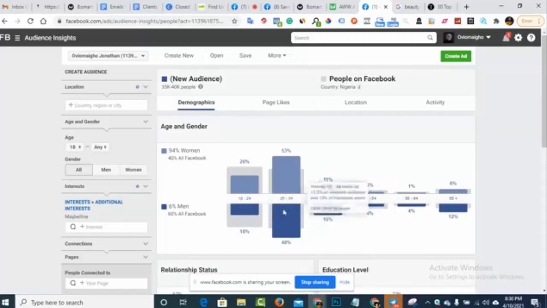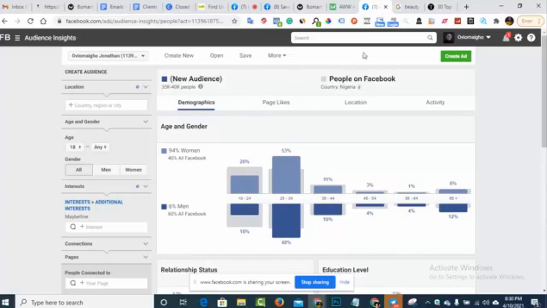And of course, another thing you want to look at when you find an interest like this is the size of the audience. I usually say go for audiences where you have at least 50,000 people. But yeah, we can find something like this, 35 to 40,000, and we do what I call stacking. Stacking simply means that you're grouping similar interests together.